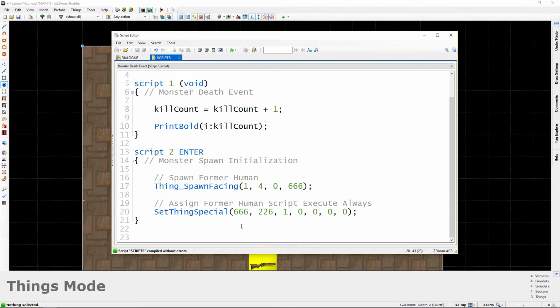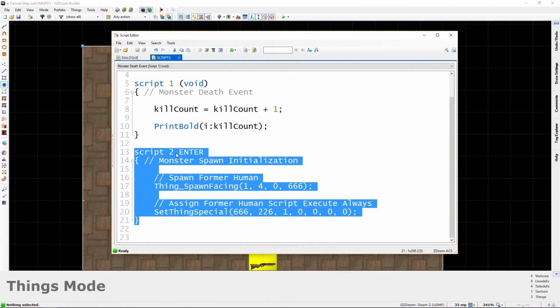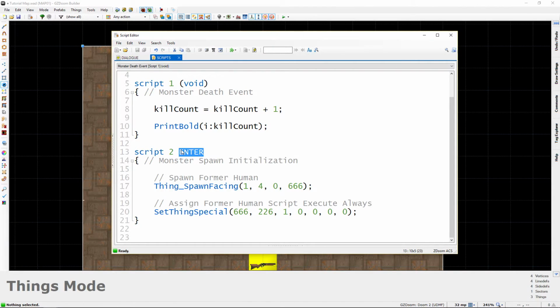So we sort of did a lot there, so I'm going to recap for you guys. So we have 2 scripts, obviously. This is the script that we're going to be focusing on. This is an enter script, which means it runs when the player enters the level, and what it does first is it spawns a former human, and the order of events here is very important. You want to spawn the former human first because we want to put it into existence and we want to